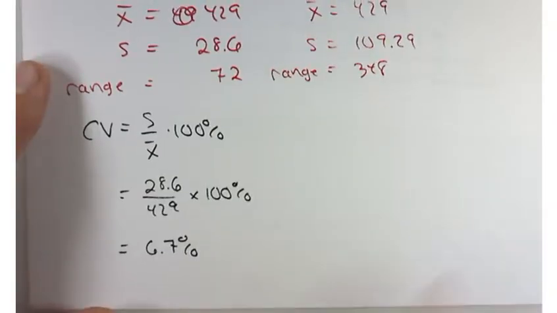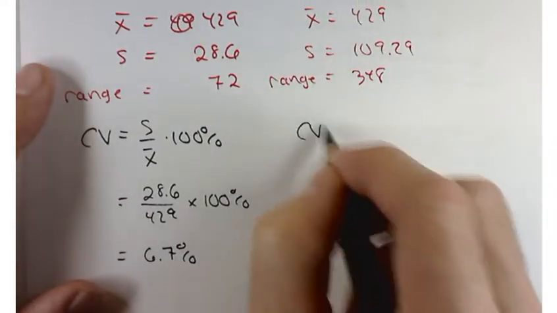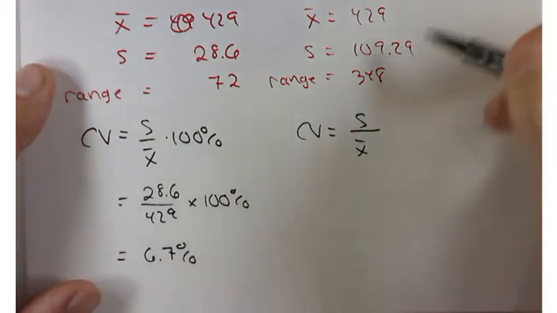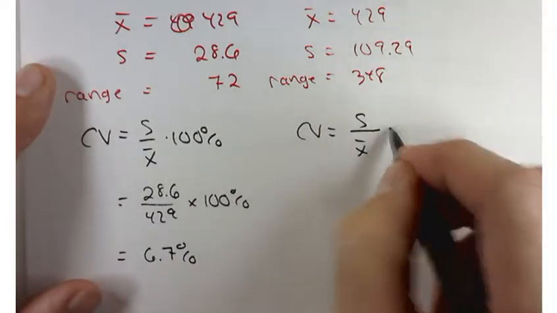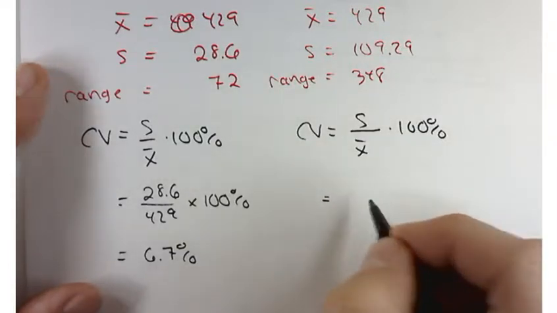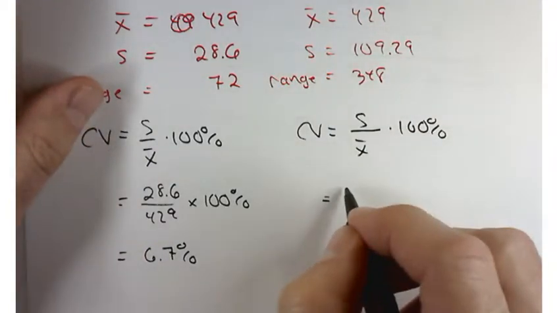Do you expect a higher or lower coefficient of variation from the other line? Should be higher. The range was higher, the standard deviation is higher, so we expect something higher. And that higher coefficient of variation just says that, all right, relatively speaking, these people are waiting longer. So